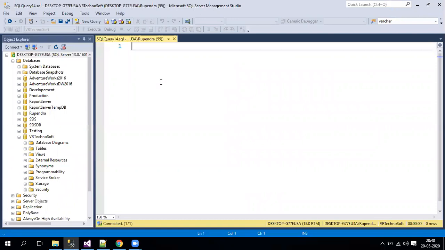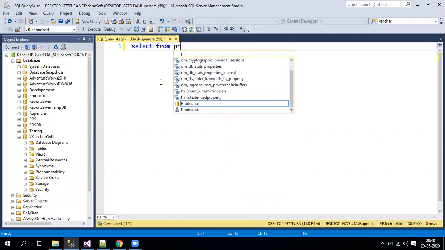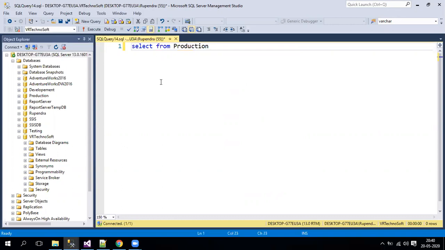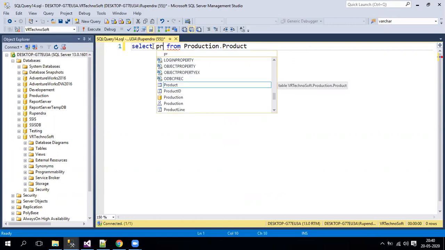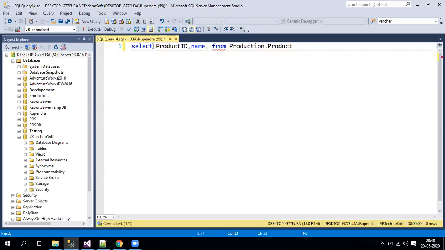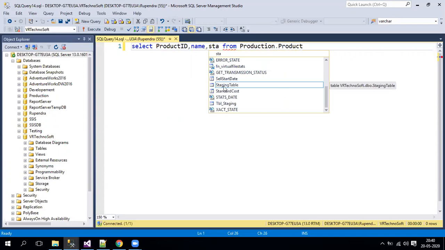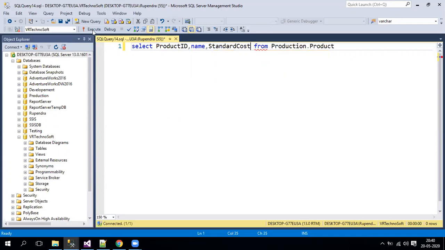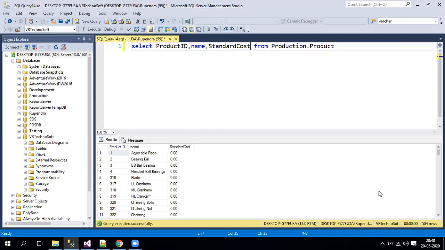I'll write select from production dot product, and I need only the product ID and name. The third one will be the standard cost or the list price, whatever it is. When I query this, I have almost 504 records.